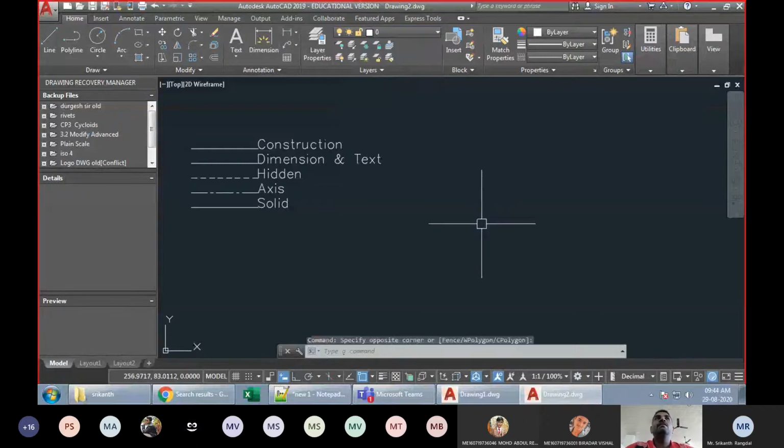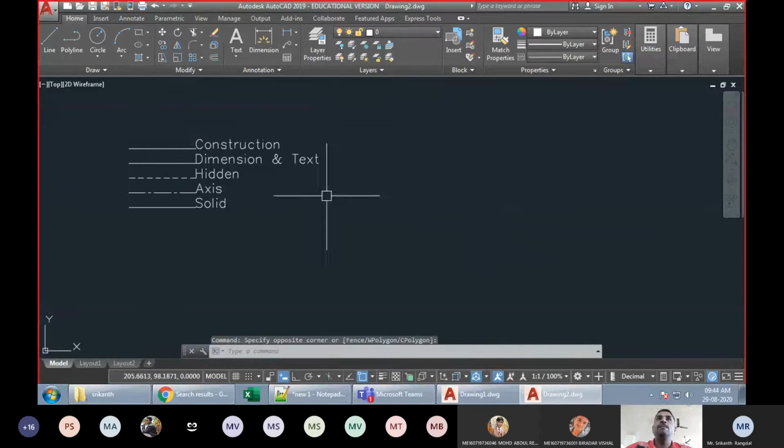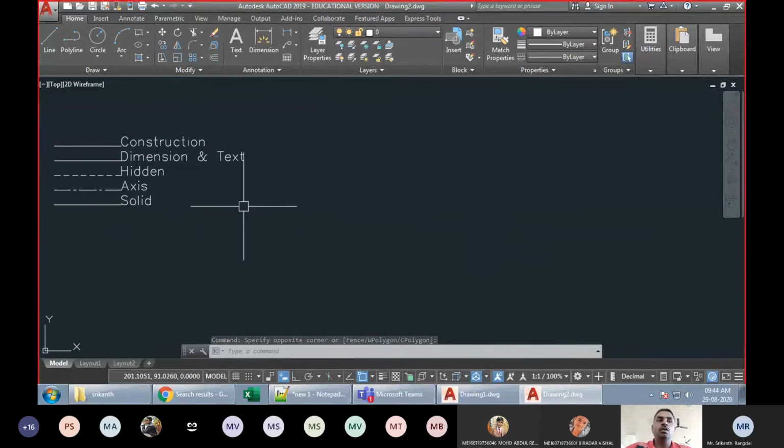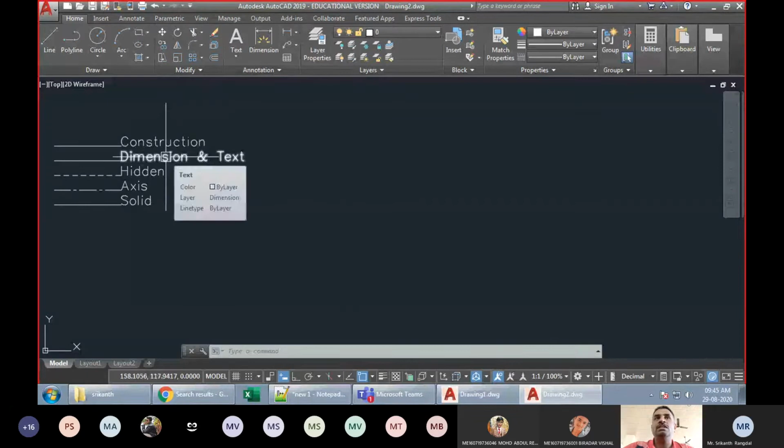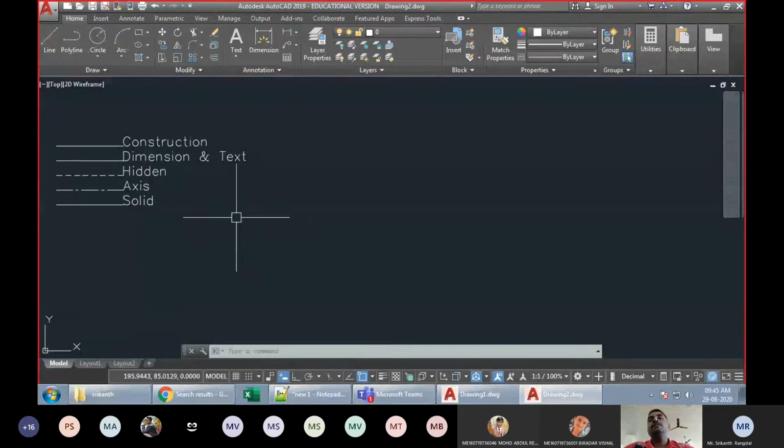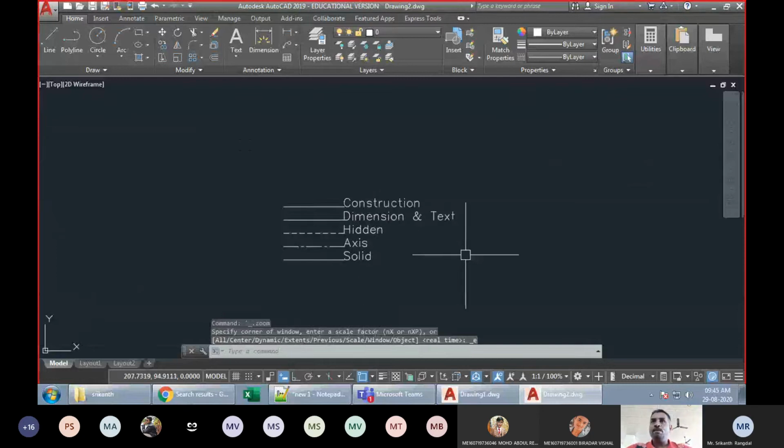In the template file I have explained how to create all these layers. To avoid wastage of time, what every engineer does is he will create a standard template for himself and keep it ready. So whenever he has to start a new project, he will just start with the template file and all the settings will load along with the template. That is the advantage of using a template file.